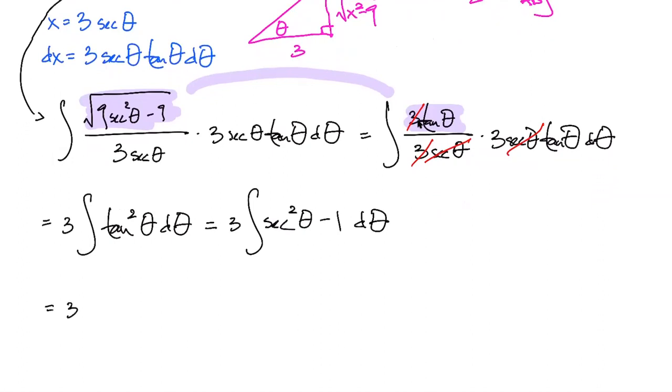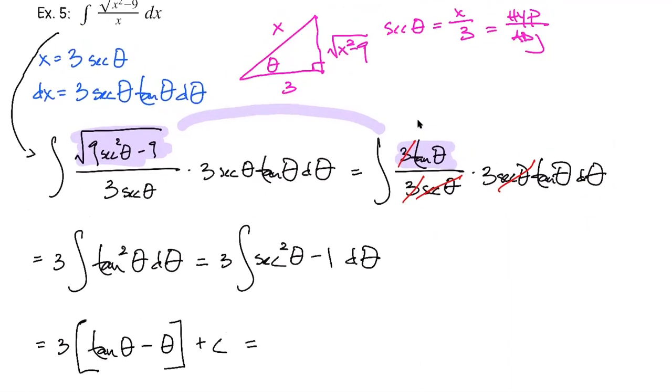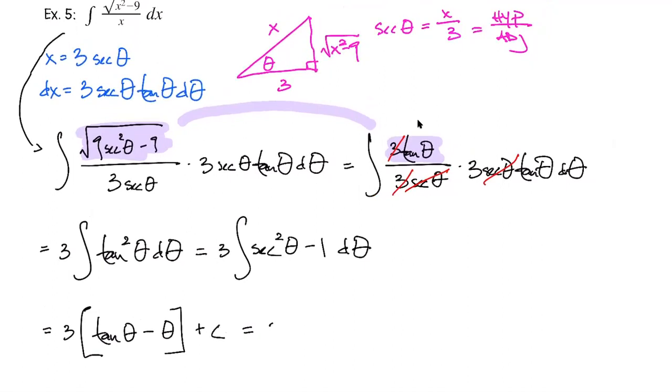So the integral of secant squared is tangent theta minus the integral of 1 is theta. And then because we already set up our triangle, we just need to plug things in. So we're going to get 3, and tangent is opposite over adjacent. So that over 3